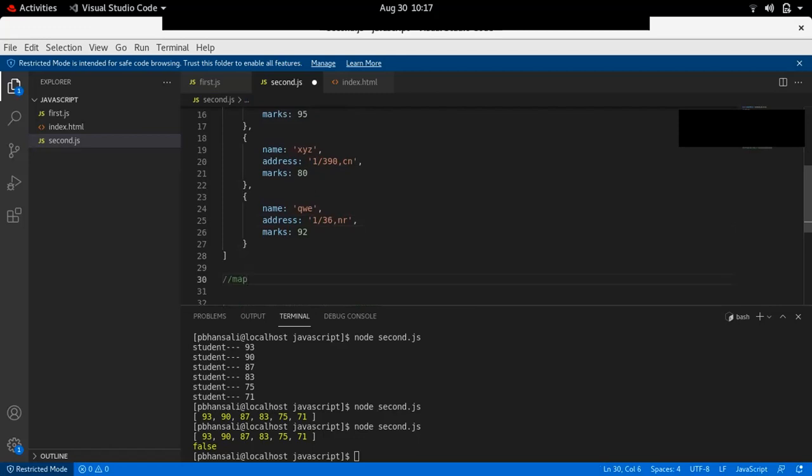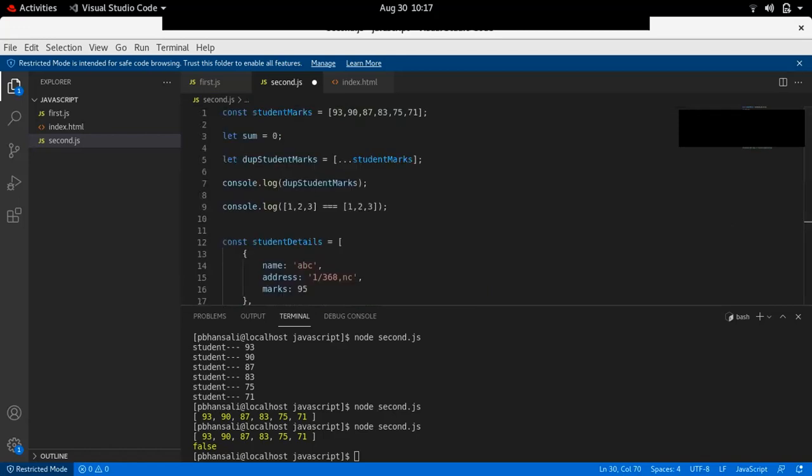The map operator is used with arrays whenever you want to modify the values of an array. So if someone asks whether you can multiply all the marks by 2 and make a new array, yes, we can do it using the map operator.